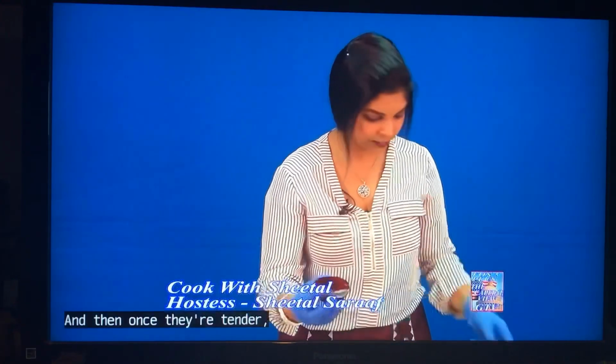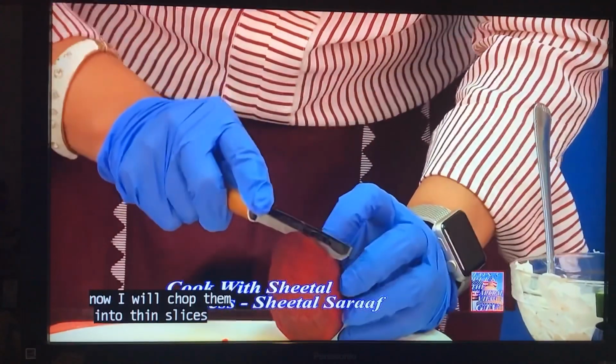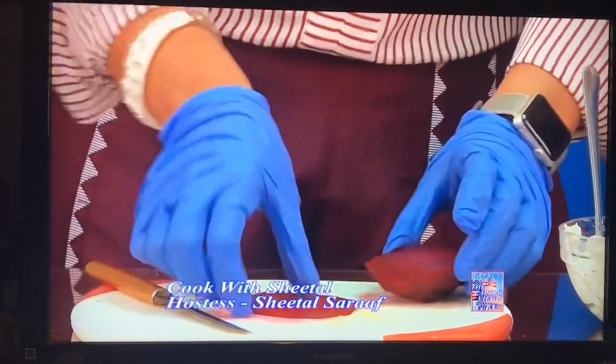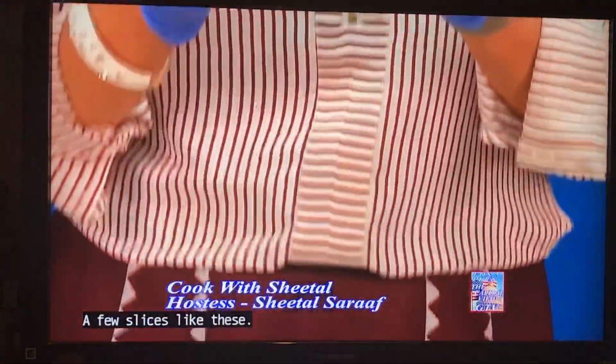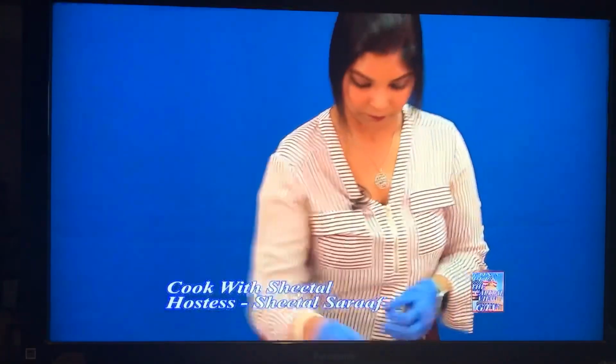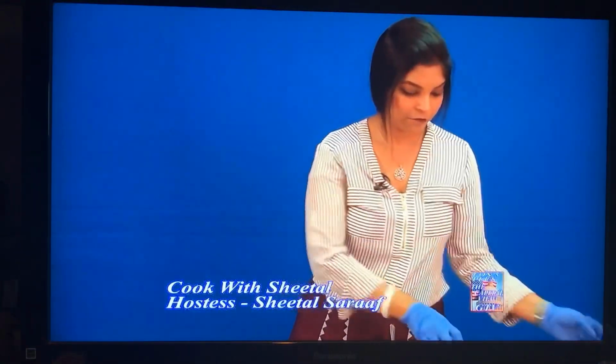And then once they're tender, now I will chop them into thin slices so we can bend them to create a boat-like shape. A few slices like these, and I have some of them ready. So now the fun part begins, which is plating. For plating, I